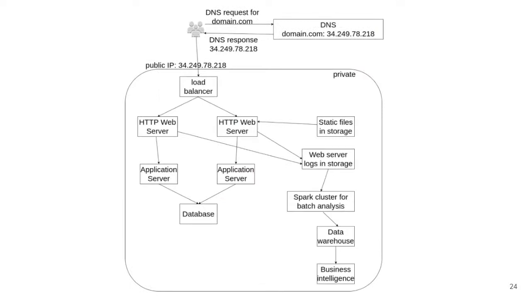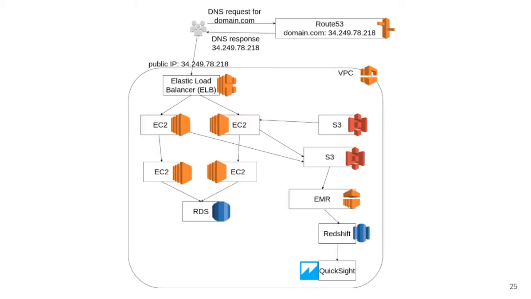Here it says a Spark cluster for batch analysis. That will be discussed in week 8, what Spark is, but there are also Amazon services that help with that. So basically Amazon has everything, and if it doesn't have a specific database you need, you can install your own database by creating a new instance